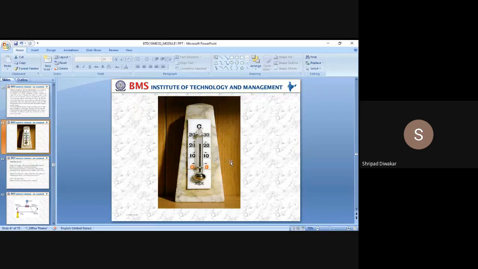Mercury also plays a very important role, and mercury has a high density. Remember, the specific gravity of mercury is 13.6 and the density of mercury is 13,600 kg per meter cube. So remember certain standard values. Density of water is 1000 kg per meter cube. Density of air is approximately 1 kg per meter cube. Density of water is 1000 and density of mercury is 13,600. It's a very heavy liquid as compared to water and air.